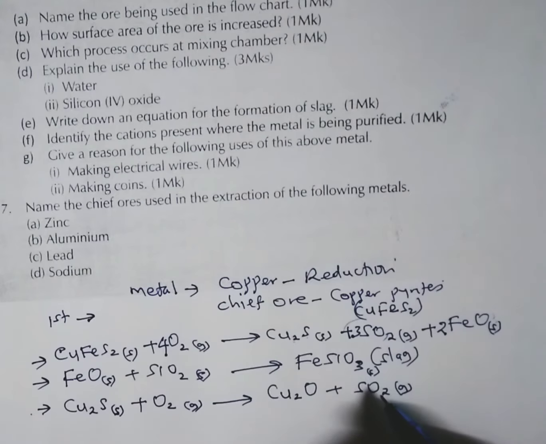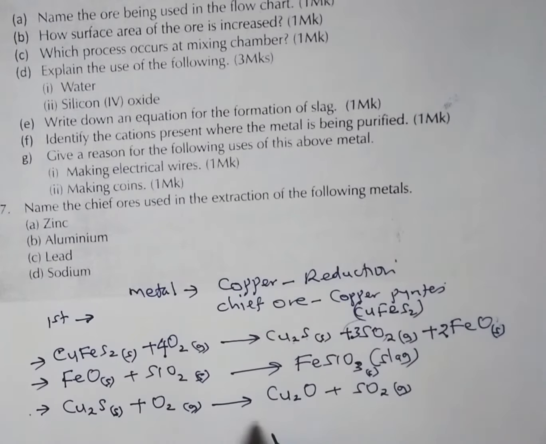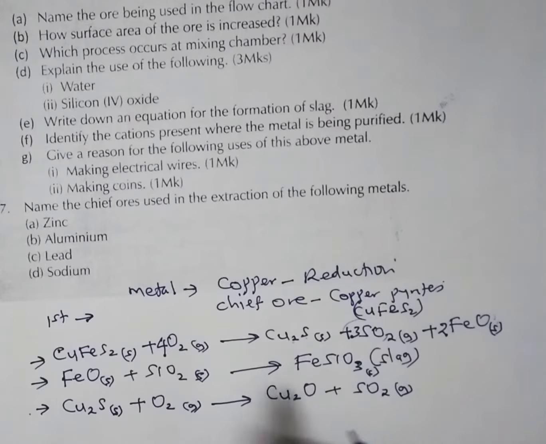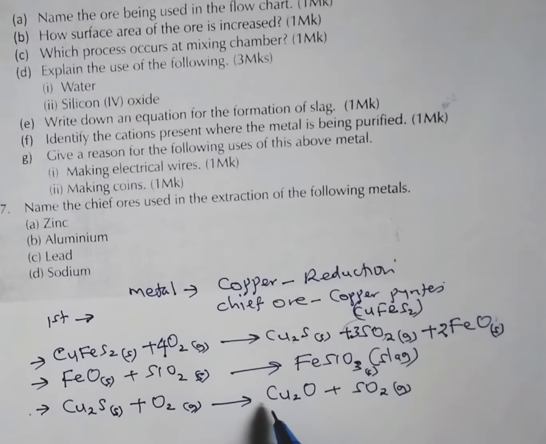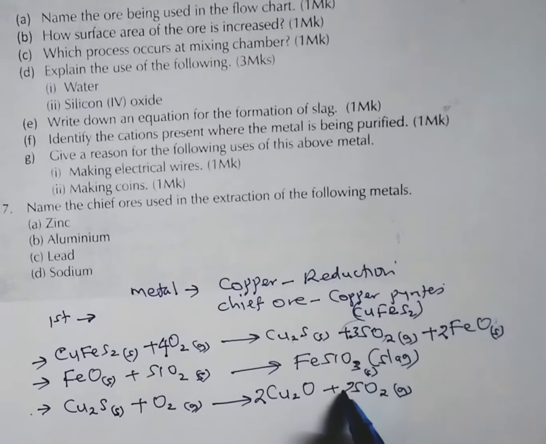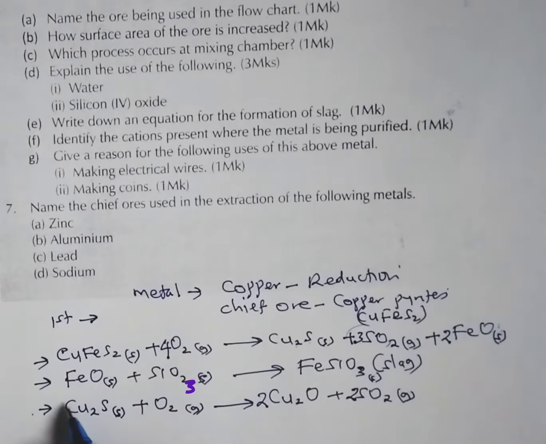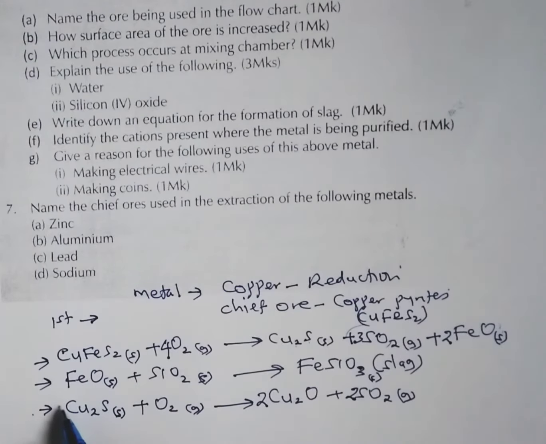We can balance this equation. We can balance the equation by writing 2 behind copper 1, then we write 2 behind sulfur 4 oxide, and of course 2 behind